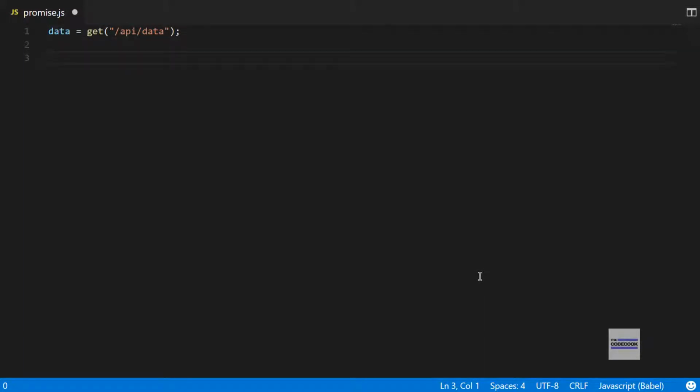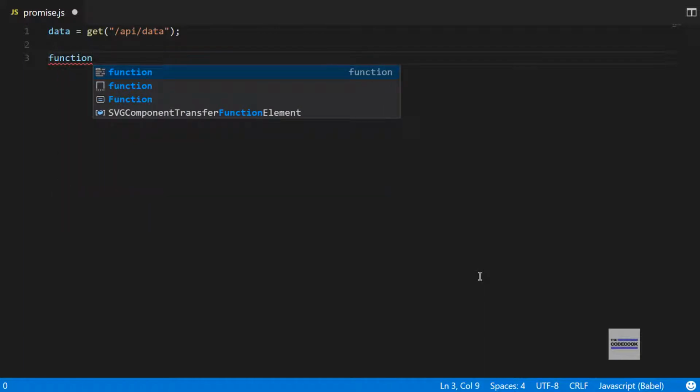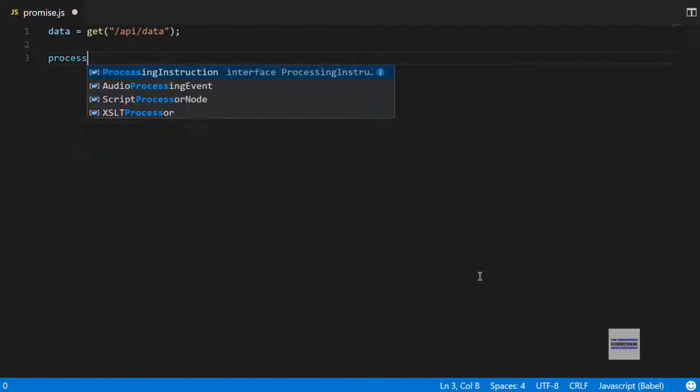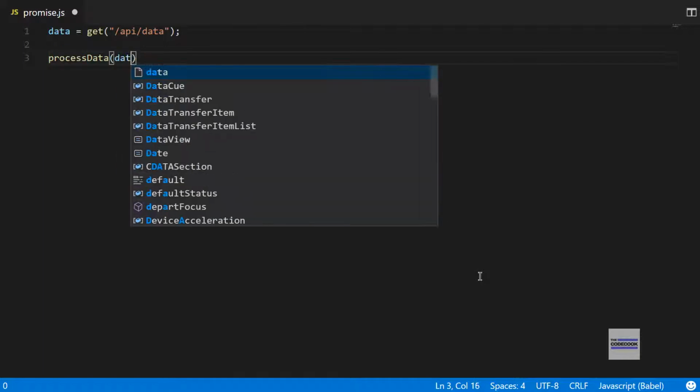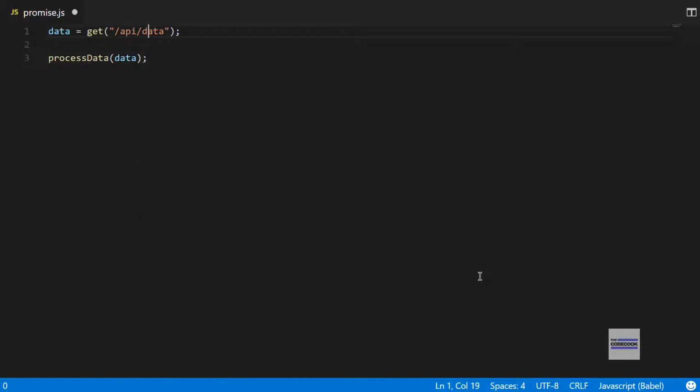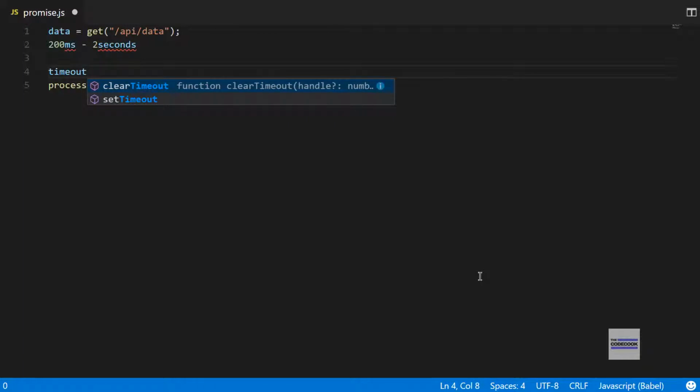So what you would want to do is, suppose you would want to pass it to a function which is known as process data. But the thing is, this GET request may take anywhere from 200 milliseconds to 2 seconds, suppose. Because if you are on a slow connection, it will take 2 seconds. If you are on a fast connection, it will take 2 milliseconds. And what you can do is use timeout functions which will wait for some time and then execute this process data